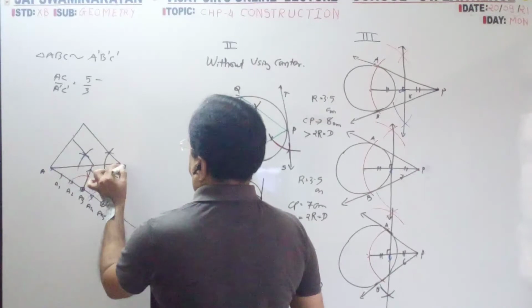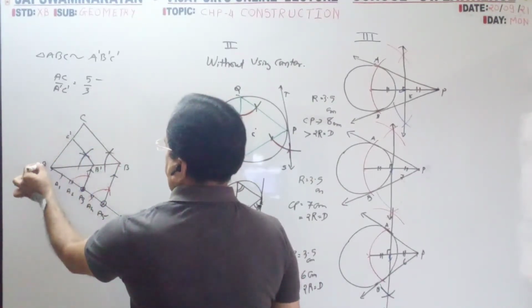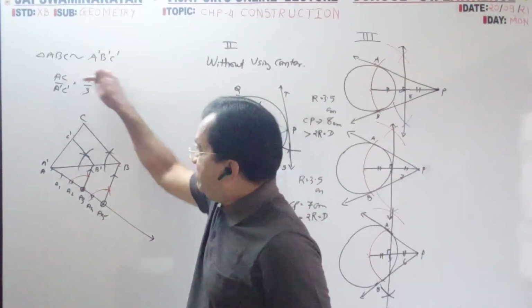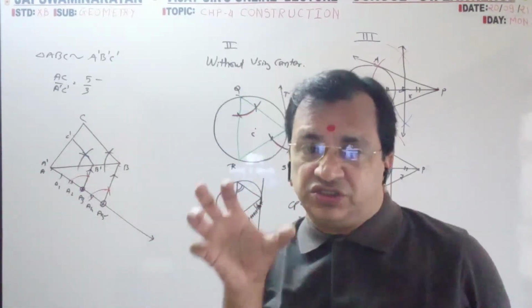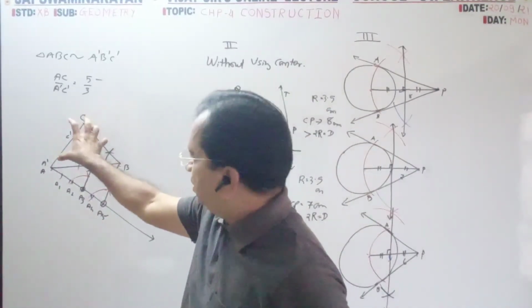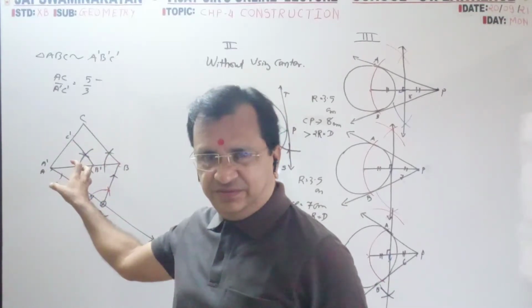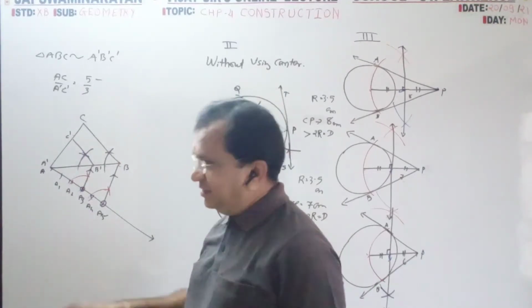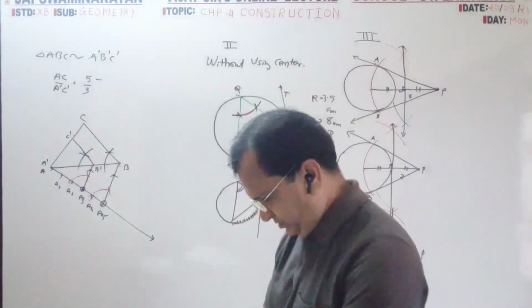So this is your ABC and this is your A dash, B dash, C dash. Double mark. AC is 5 centimeters and A dash C dash is 3 centimeters. From that we can judge that it is smaller compared to the original. So from the original, on the basis of similarity, we have reduced the triangle. Now enlargement is also there in the next given example.